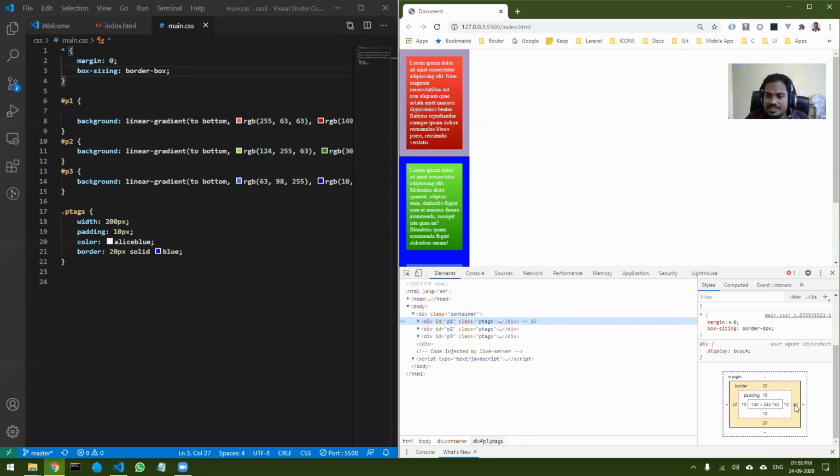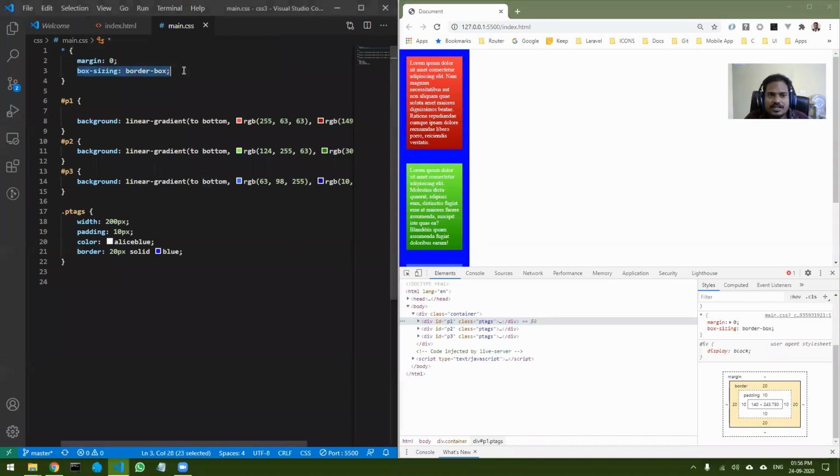So padding plus border becomes 60 on both the sides. And the total width has become 140. So if you add all these things up, it becomes 200. That is the advantage of using this one line of code, box sizing, border box. It means everything is included inside the dimensions.